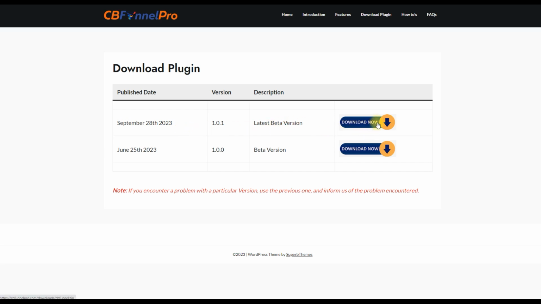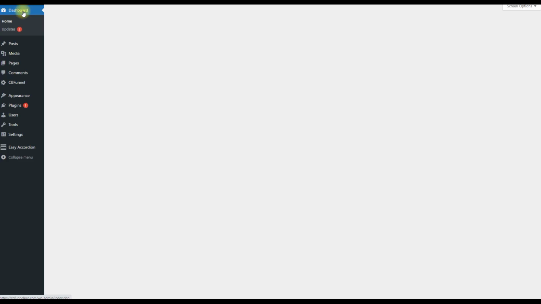Now please note the location that the file is downloaded to, because you're going to need to find it later on. So the file will be titled cbfunnel.zip. So the next step will be to go to your dashboard